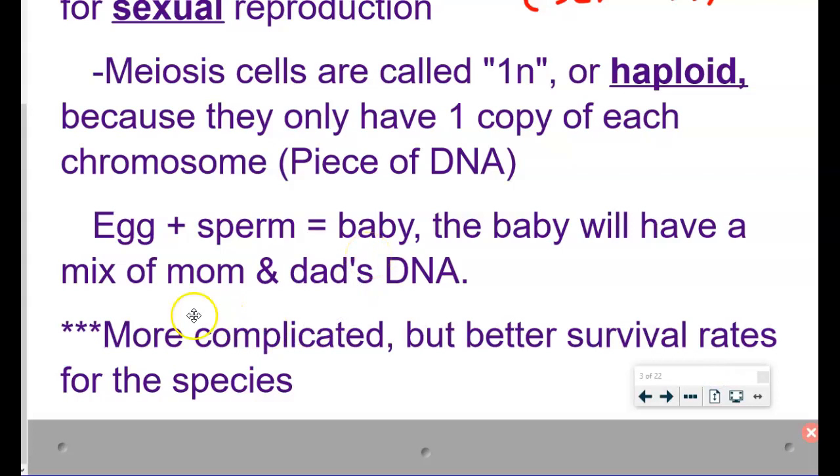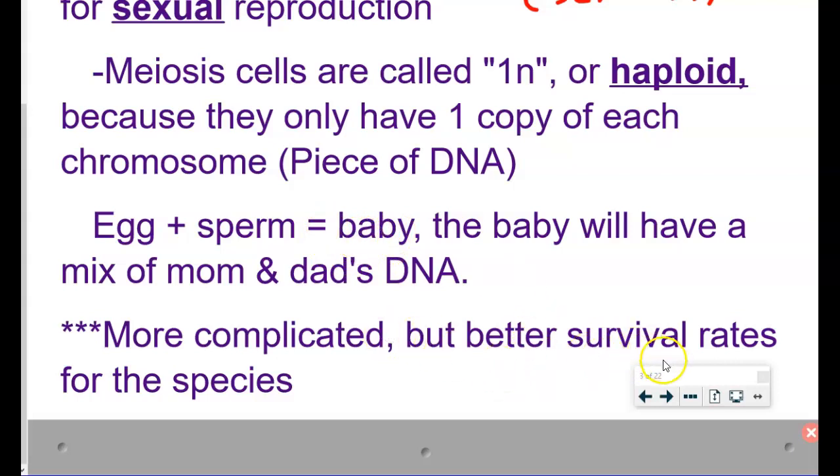This process is more complicated than the next one we're going to see. We've got to make different parts, they've got to come together, there are more steps. However, this baby, because he's not a clone or genetically the same as the parents,